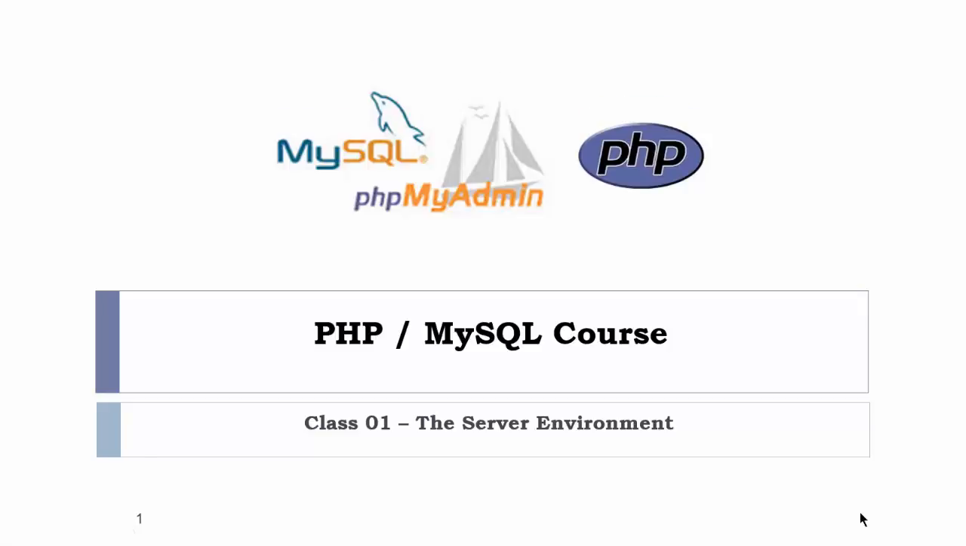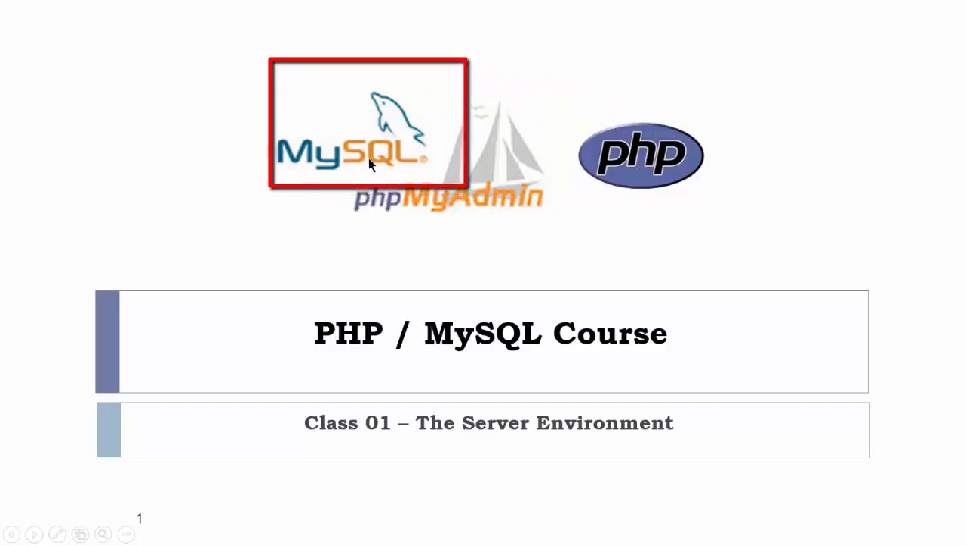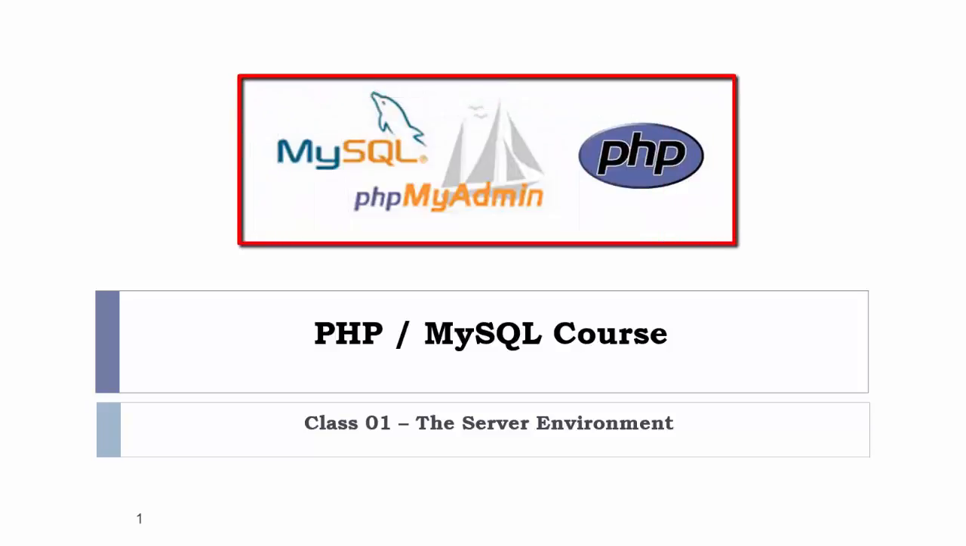I would like to talk about the server environment that you will need to set up in order to learn PHP. I would also like to draw your attention to my icons up here, my logos. Obviously, this is the PHP logo, and we have the MySQL, which we will be learning. The PHP MyAdmin is for the MySQL database. That is where you will be administering and setting up your database. These three programs come with the XAMPP